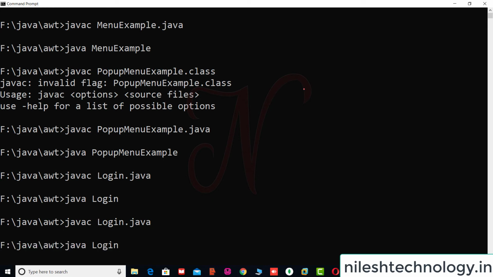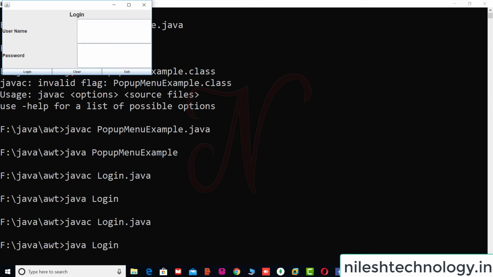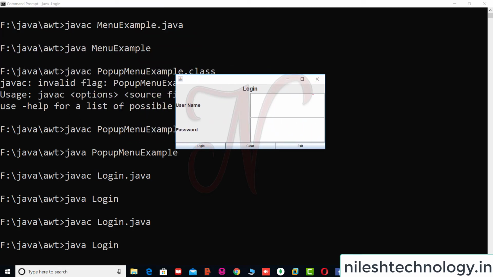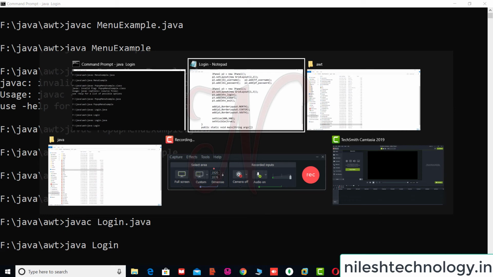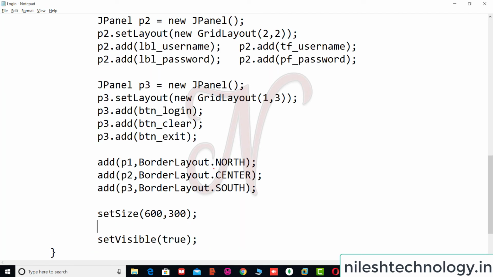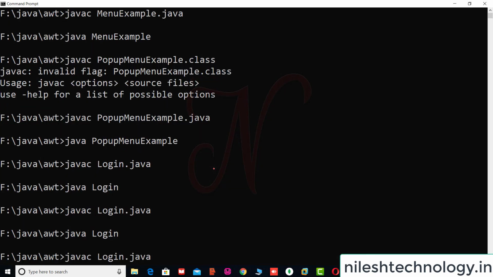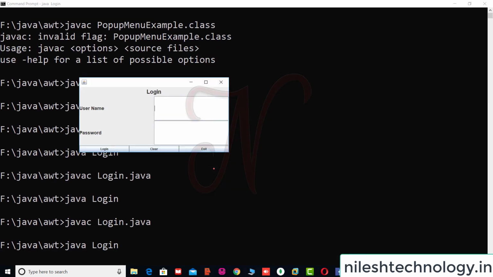So every time we run any frame, the frame is visible on the left corner side. Okay, but if you want to run this window at the center location, then see here what we can do. So there is one method, setLocation. Okay, here we can see, x-axis and y-axis. So x-axis 300, y-axis 300. Okay, so see here, compile and run. So x-axis is 300 and y-axis is 300.